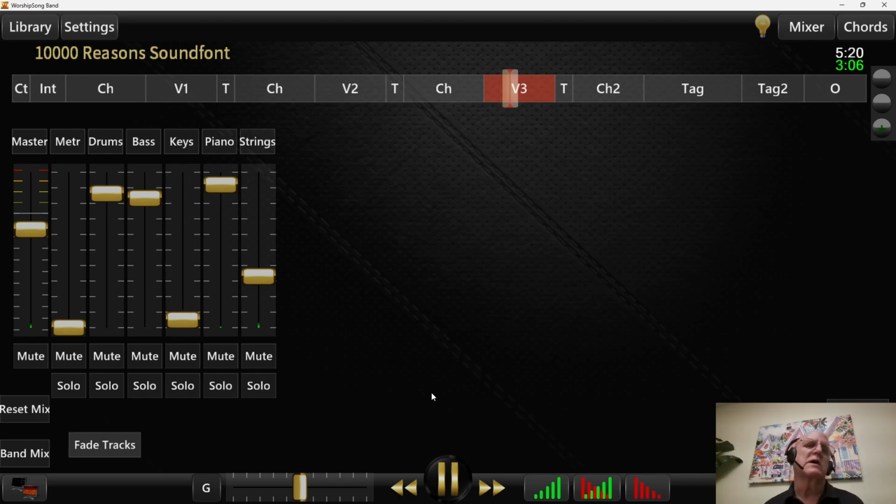But I'm going to show you a couple more options that I think are more compelling, because this gives you the ability to play the song. It doesn't really give you the ability to tailor the song. But anyway,